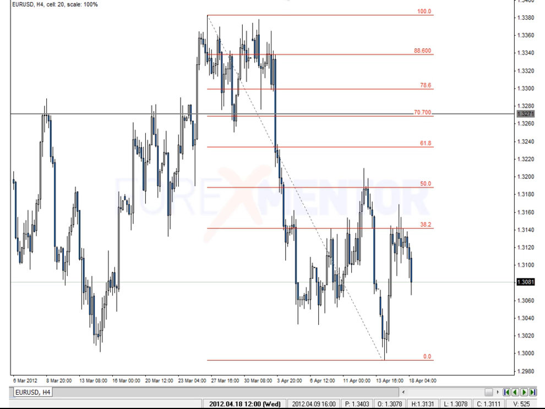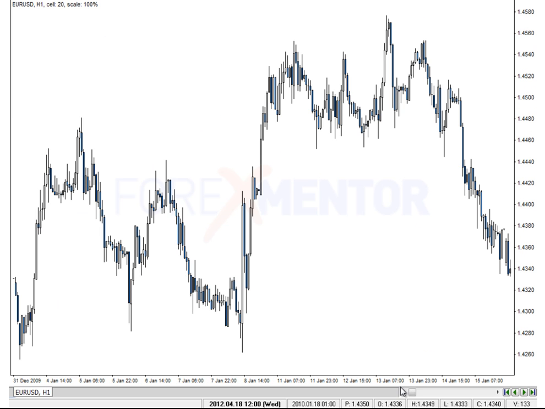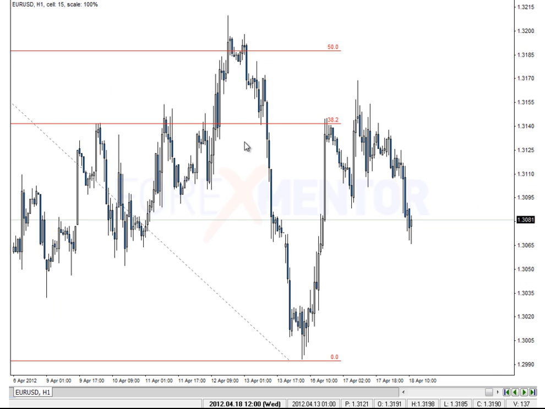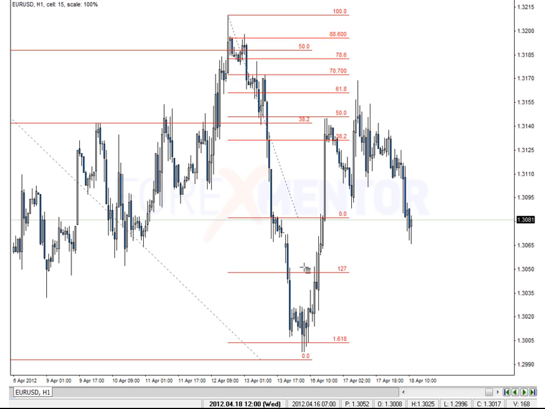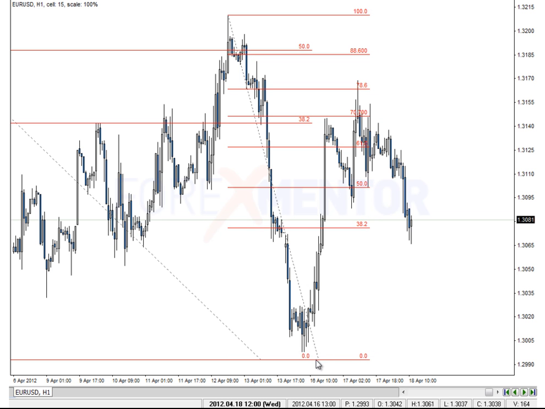So that's the 4-hour key level. I now want to move to the hourly chart. And if you have a look at this last swing down right here, so just move this line across, we have a nice drop off, and then price rallies up to the 79% Fibonacci level and then starts to retrace. So once you get price hitting that 79 level and it starts to retrace, you want to think about possible